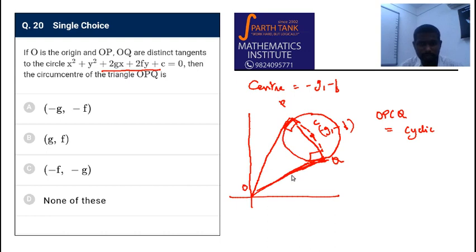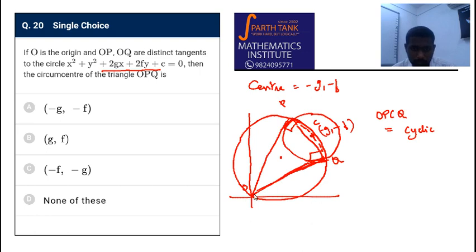Such quadrilaterals where the opposite angles add to 180 degrees are called cyclic quadrilaterals. And what is the important property of cyclic quadrilaterals? You can always draw one circle that circumscribes all the vertices. So there will be one circle which passes through O, P, Q and C. If you remember your geometry constructions, this is how you would draw a tangent: you get this circle first and then draw the tangents. This is that circle. Now, this triangle OPQ is also circumscribed by the same circle. Therefore this circle's center is actually the circumcenter of OPQ.